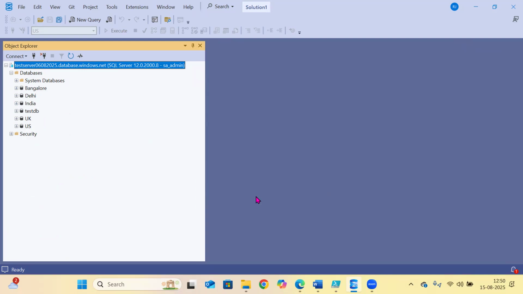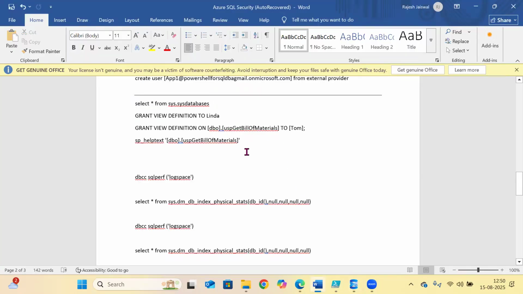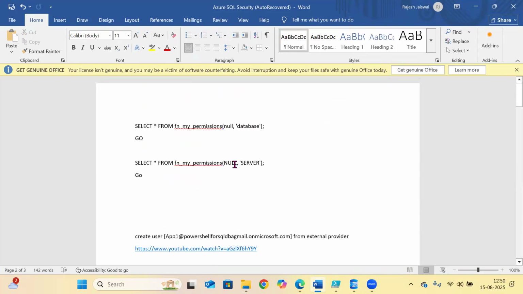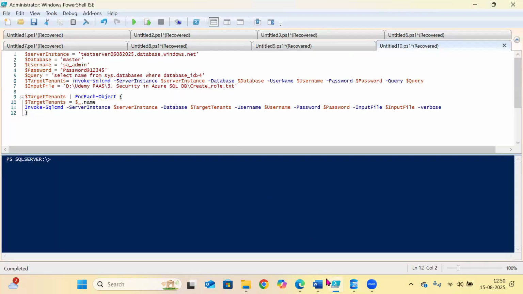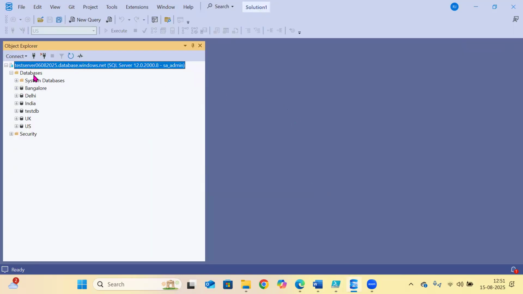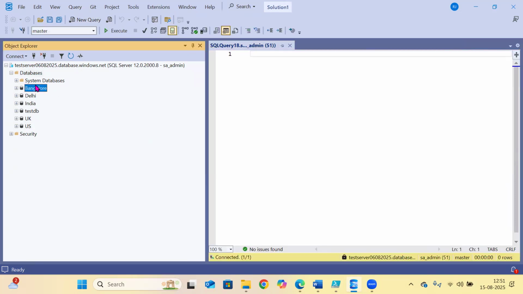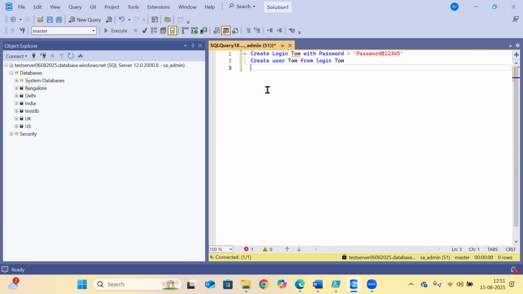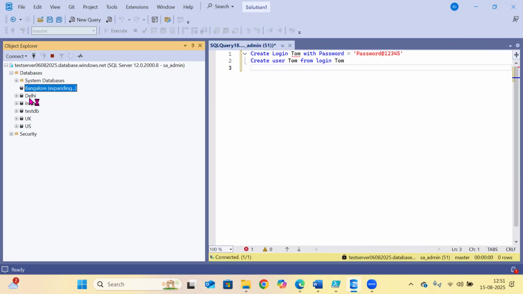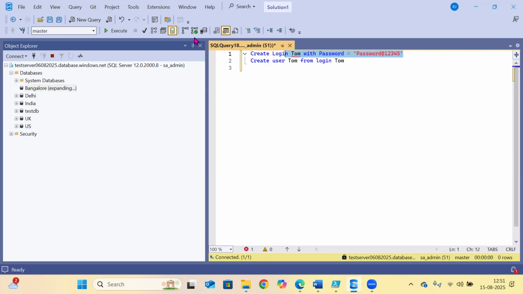So what I'm trying to do now, I will go and create one user. Means one developer is coming and he is saying, hey DBA, go and create one login and one user, and I want to view the stored procedure text on the Bangalore database, and only one stored procedure he wants access to, right? So what you are going to do, you will go and create the